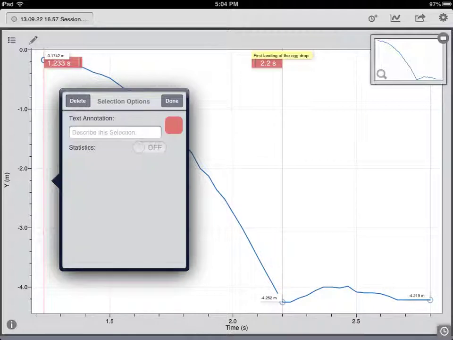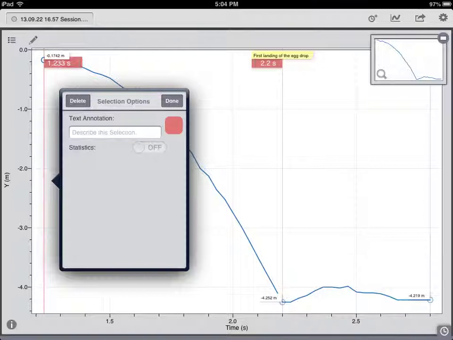Now, one thing I want to make sure that you guys are aware of is that you can actually select this little pencil, and when you select this pencil, it allows you to actually write on the graph. So if you double click right here, at the start of the actual egg drop, you can actually see the data points. So the XY coordinates, right here is our Y coordinate, and we have our X coordinate, and then you can go in this box and type what that data point means. So you could type in the first moment of movement